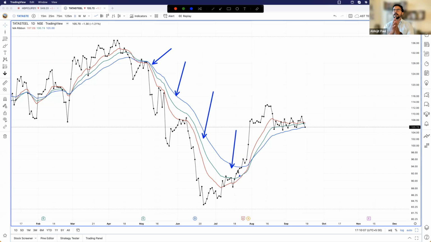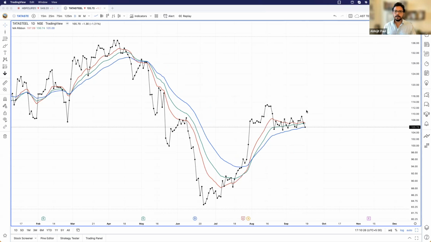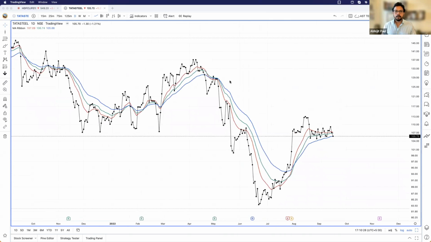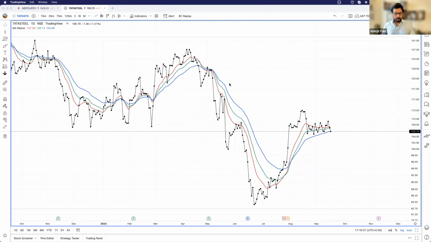You can read works of Daryl Guppy, the rainbow moving average, something like that, where he plots 5, 10, 15, 20, 25, 30, different 4, 5, 6 moving averages. To find that area, you need a spot where prices are trending. So in this particular chart of Tata Steel, if you notice, these 3 exponential moving averages, when